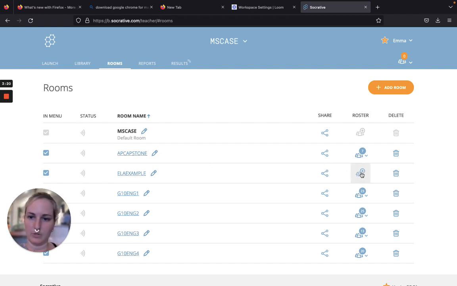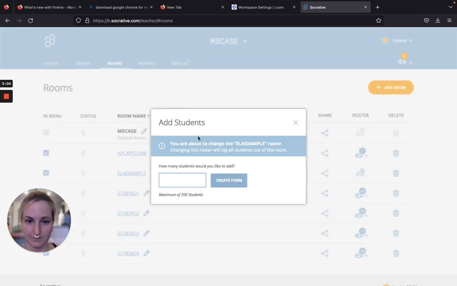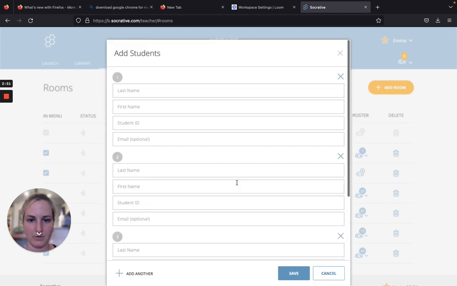This would be just for us, the ELA instructors. Now to make sure that no one else has access to this room, what I could do is change the rosters. So, how many students would you like to add? I'm just going to say, let's see, there are 5 of us, 4 not including myself, so cool. So then we've got